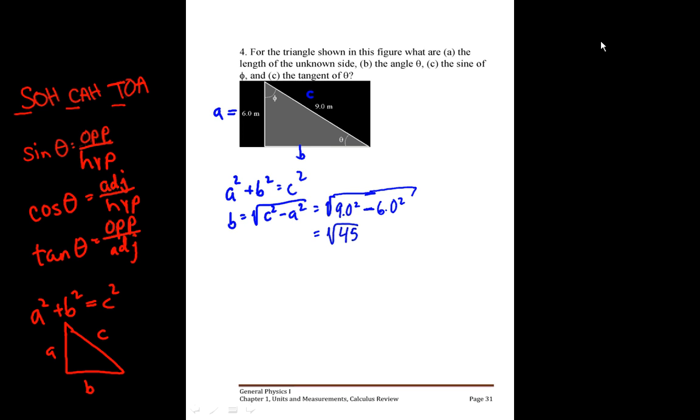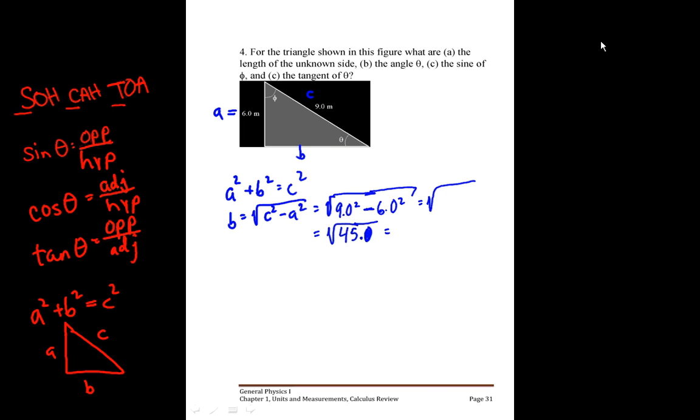Notice that actually it should be the square root of 45.0. Keeping one, no, I'm sorry, that's not true. It should be 45 because I get the square root